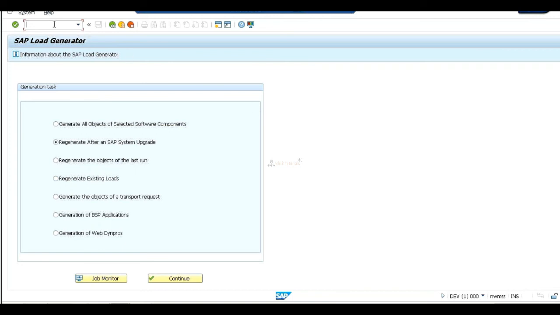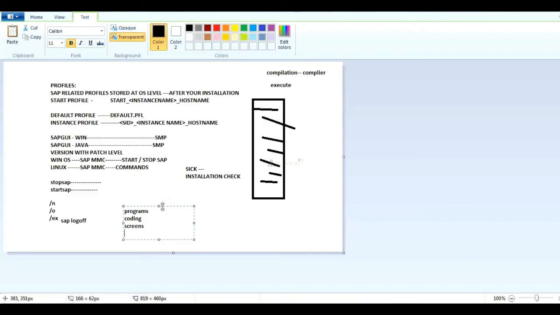So whenever you call it for the first time, the program will be compiled first. After compilation, it will execute. Got my point? Once the execution is completed, only then will the screen be displayed to you. Compilation and execution take time.